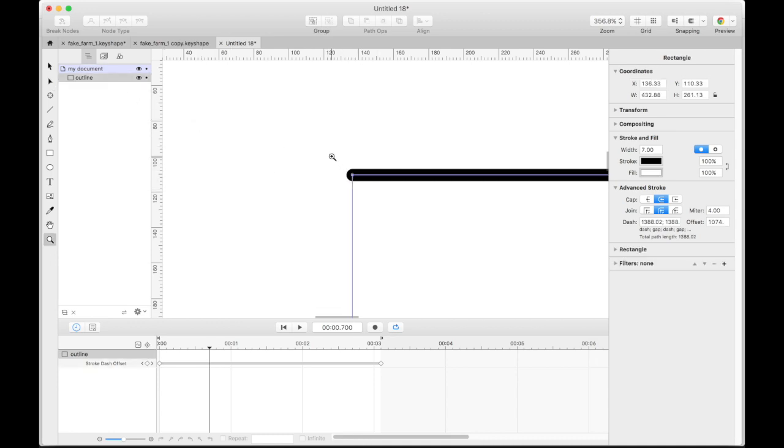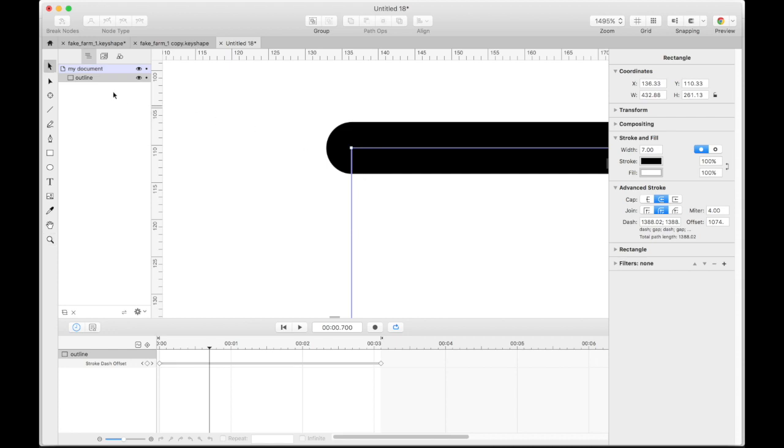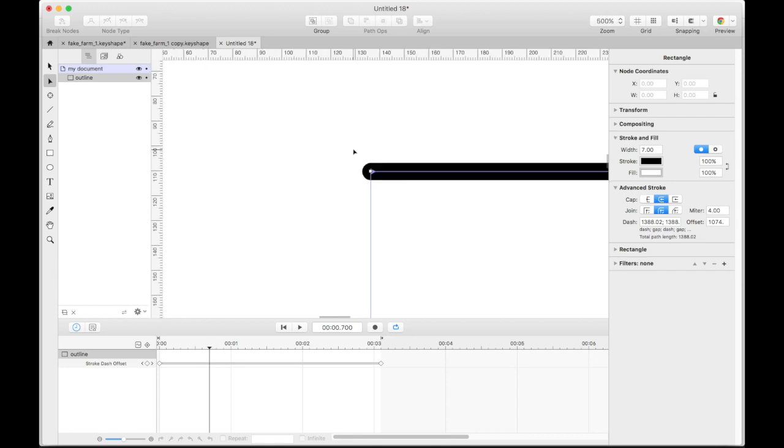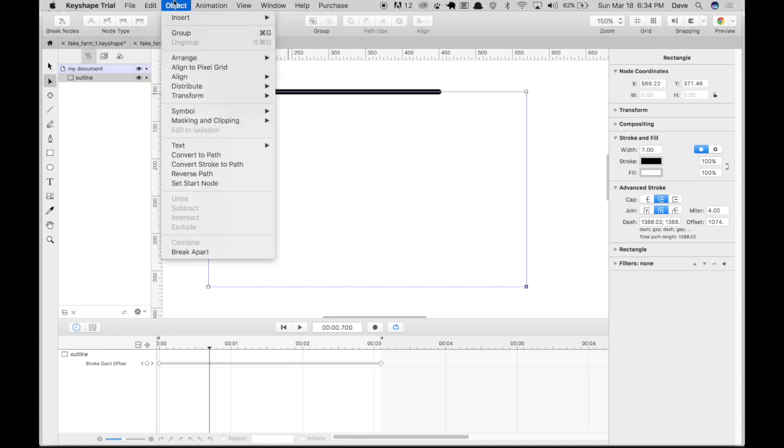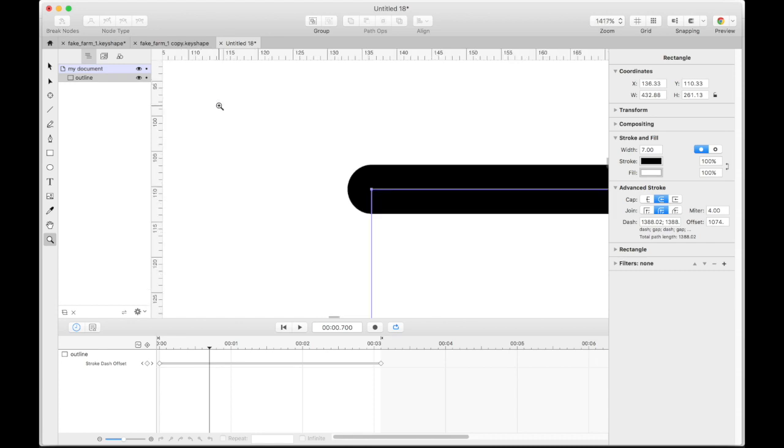You're going to see that it's very subtle, but there's a little arrow right there with the node tool. This means that this node is the starting node, which is very cool. You actually have control over which node is the beginning one. So I don't want that to be the node. I'm going to click this one down here, and I'm going to say, where was it? It's something about set start node. While I'm on this object, this is kind of your primary menu item. So you're going to find set start node, and you're going to watch that little arrow down here.